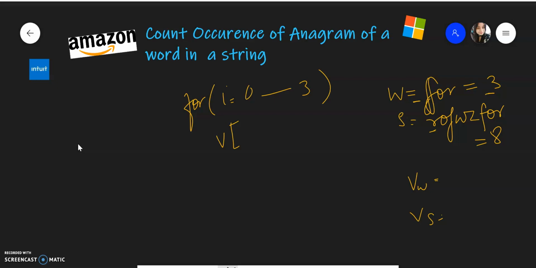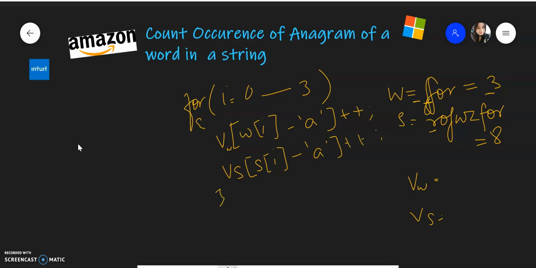We'll take W of I, which will give me the character, and minus A, because A is our starting point, so this will come out in 0 to 25 format. Then we'll just do a plus plus. If you're not sure how we have done this, go and watch my vector video. Similarly, we will add it for S. This is the vector of W, this is the vector of S. We are going to do S of I minus A plus plus, right?